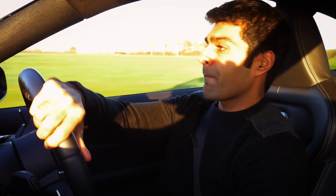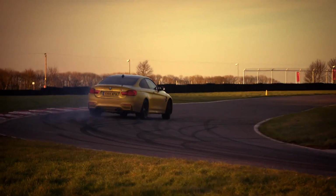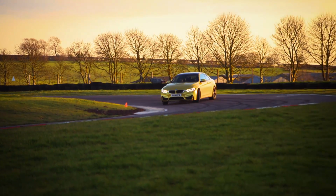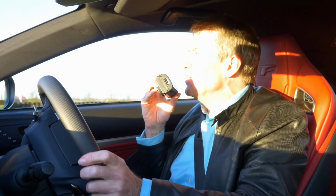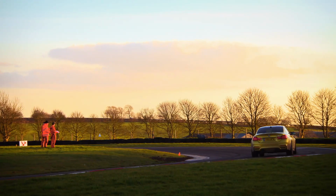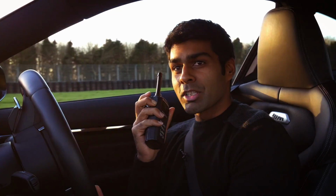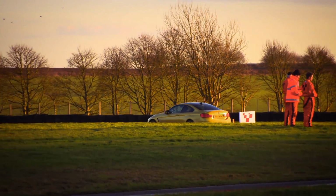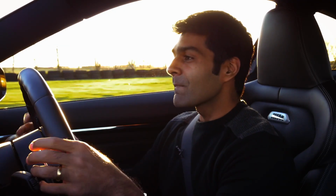Second gear, second gear. Oh, that was good. I like that. Kept it sideways. I thought that was quite a good effort, really. That looked good, but was it sideways enough? That's my question. I'm coming up to the numbers now. Come on, marshals. Oh, 5, 5, 5! With 2 runs completed, Karun had posted a slightly higher score, which meant I had one